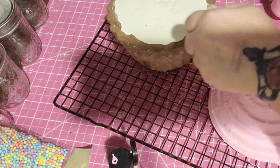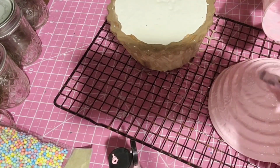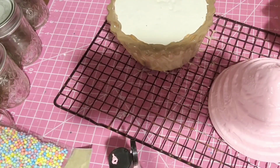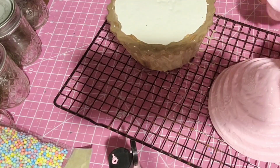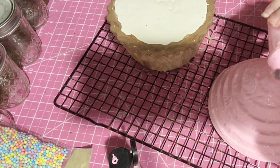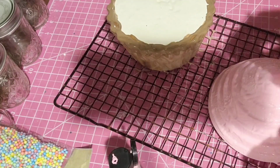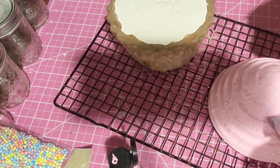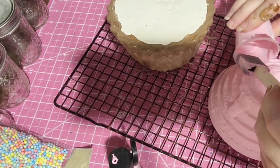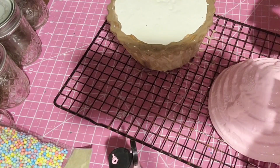So now I am doing the dabbing thing here. So I'm dabbing around, trying to get really good thick coverage. Then I decide to dump the rest of the paint on top, what I had left for now. I want really good coverage so when I go and decorate it, I don't have to do many coats. So I'm trying to get every last bit of that paint and Mod Podge out because I don't want to